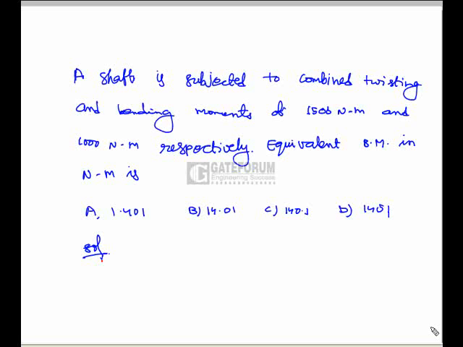A shaft is subjected to combined twisting and bending moments of 1500 Newton meter and 1000 Newton meter respectively. The equivalent bending moment in Newton meter is: the options are 1.401, 14.01, 140.1 and 1401. That is 1401. So here the equivalent bending moment is given by